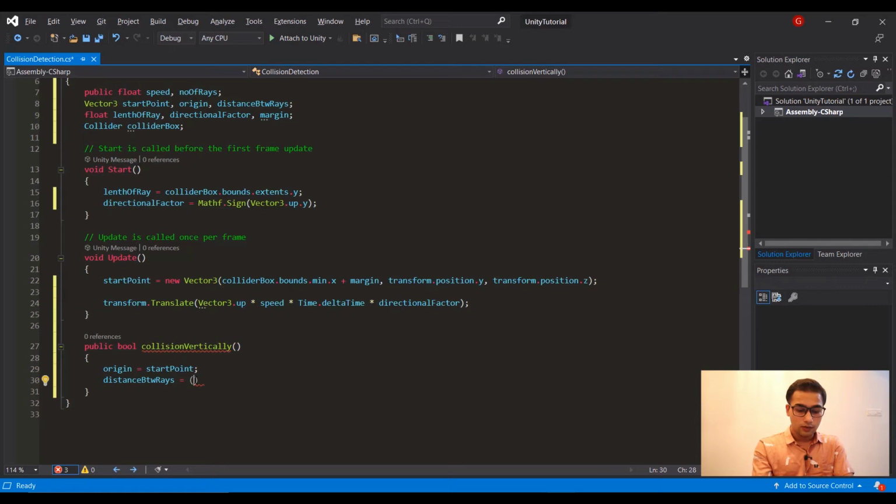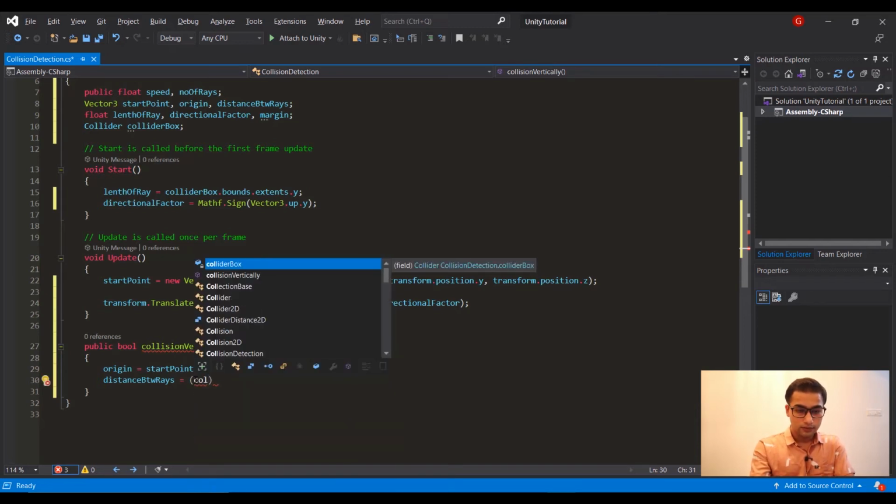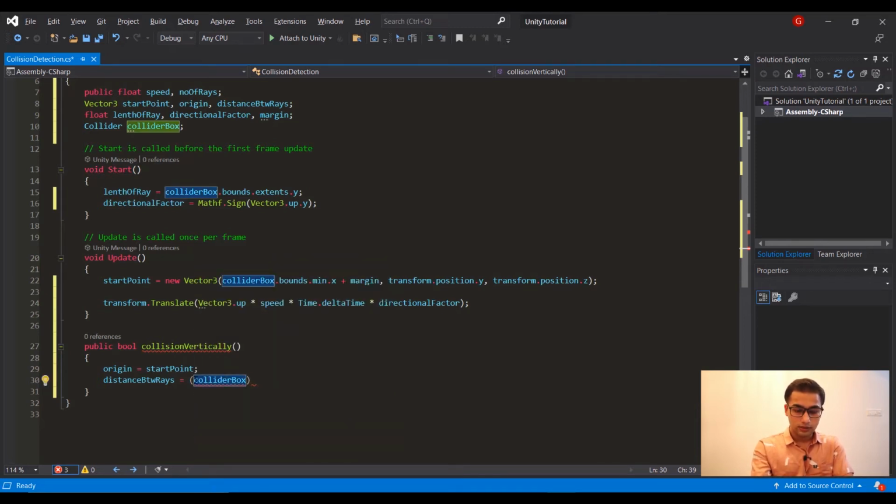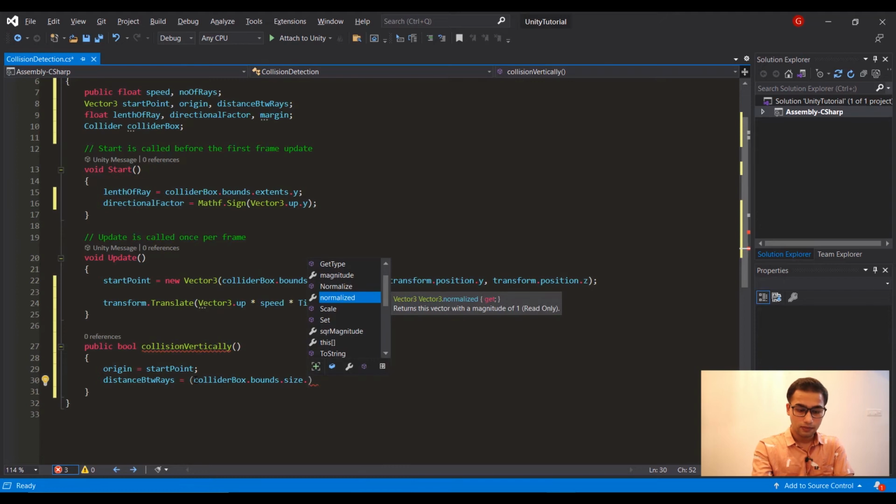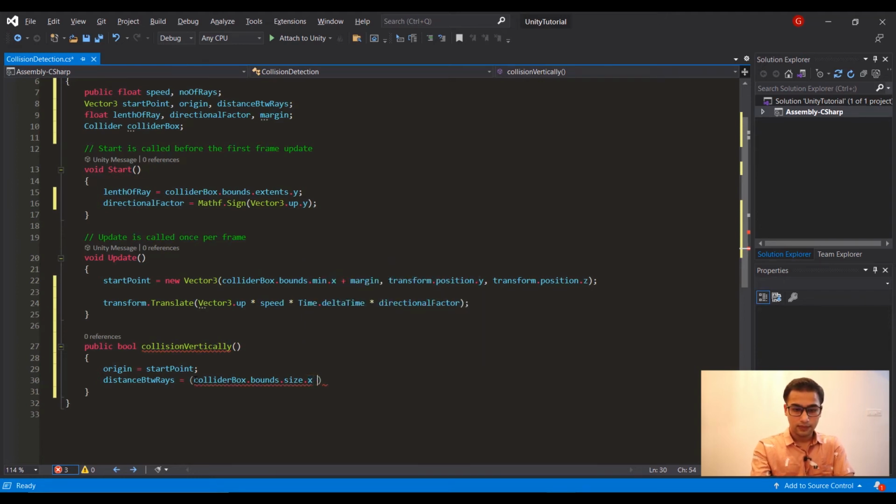So what we're gonna do is collider box dot bound dot size dot x minus 2 multiplied by margin, and this will be divided by number of rays minus 1.